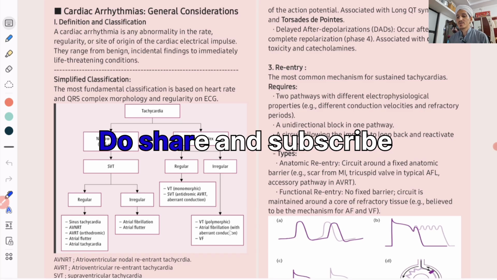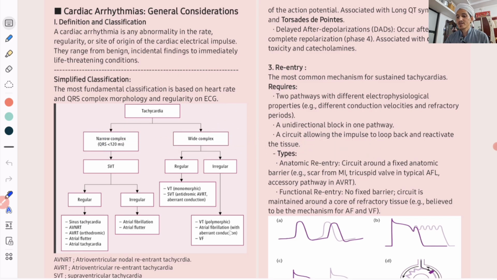Today let us discuss the topic of cardiac arrhythmias in general. So before moving to the main topic, first we will learn about the basics of cardiac action potential. Okay, so as we know,